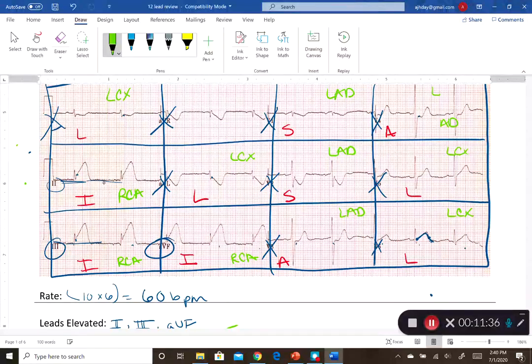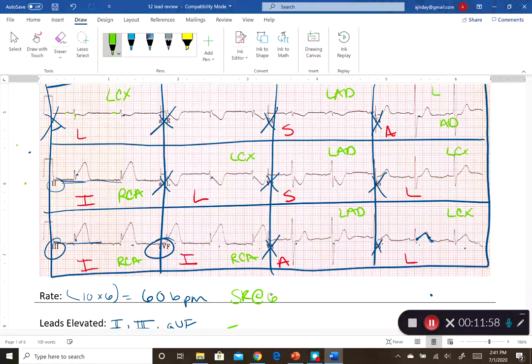Now it's really kind of hard to see in lead 2 because I have some artifact there. So it is okay, like if I look up at lead 1, I can see my P wave really well. So it is okay to look at a different lead if you're having trouble seeing it in a certain lead. So I do have a P wave, I got a narrow QRS and a T wave. So it is sinus